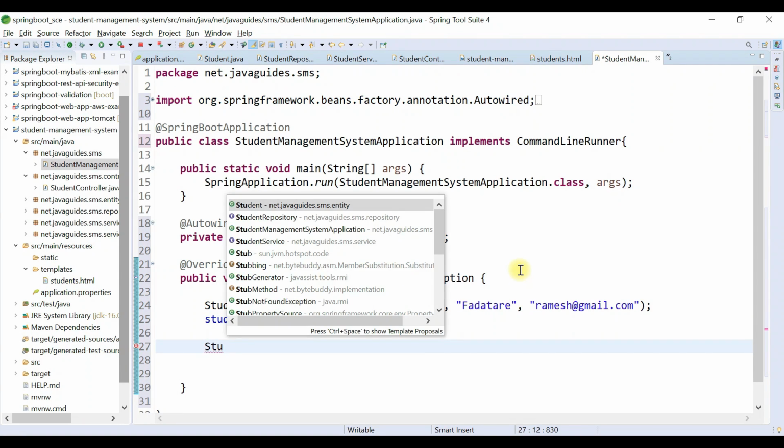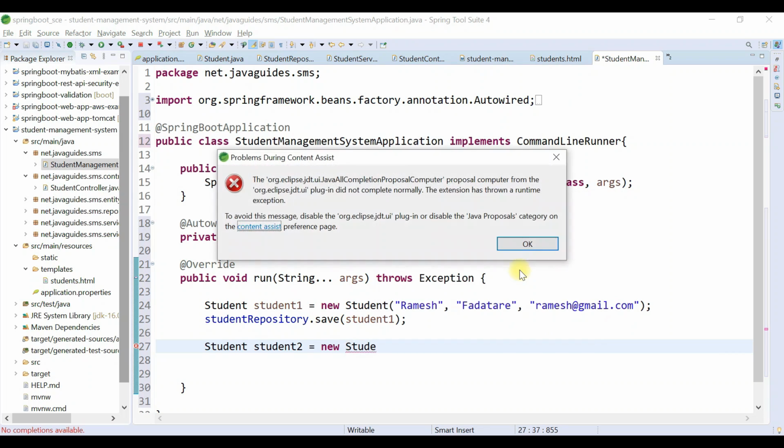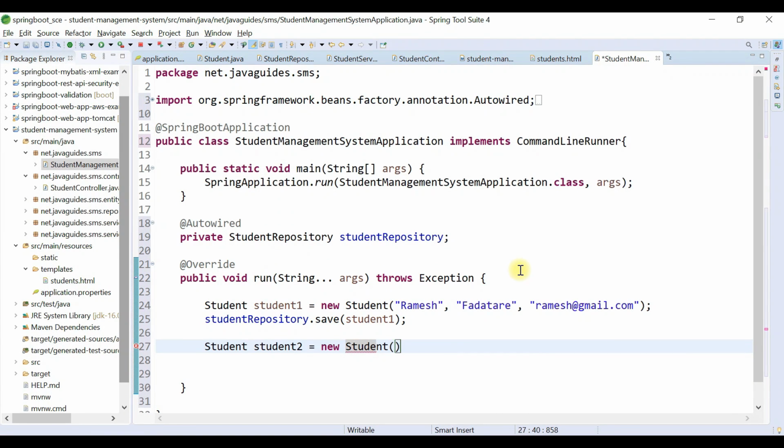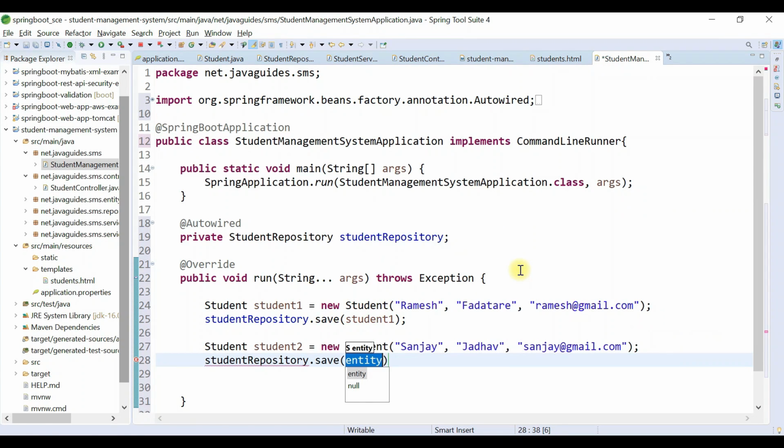So let's go ahead and insert a few more student objects. Student2 equal to new Student, and let's add a second student, something like Sanjay as first name, last name Jadhav, and email ID something like sanjay@gmail.com, and just call studentRepository and then call its save method, and then pass student2.